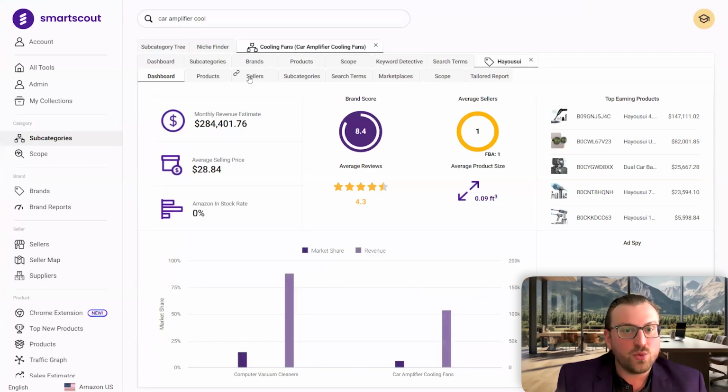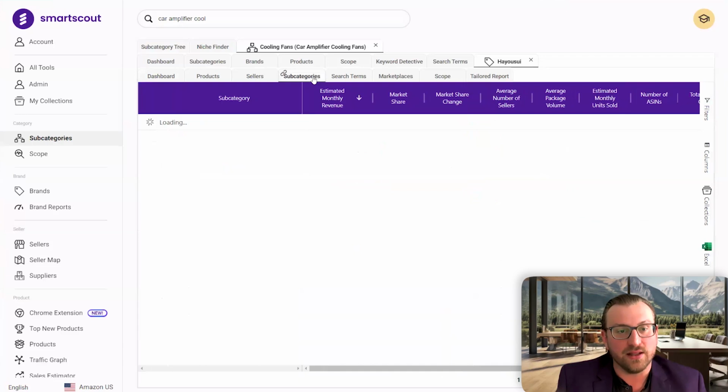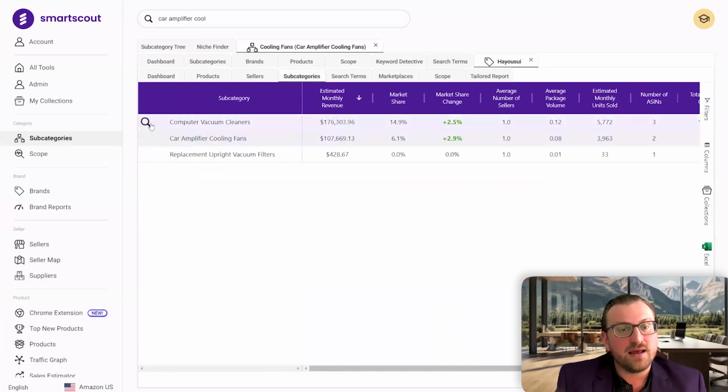Let's check out, so from here within the brand, we could see all the subcategories that they're selling in. So we see that car amplifier fans is the second best category they're selling in. They're doing a little bit better in vacuum cleaners or computer vacuum cleaners, and they're dabbling a little bit in upright replacement vacuum filters or something like that.